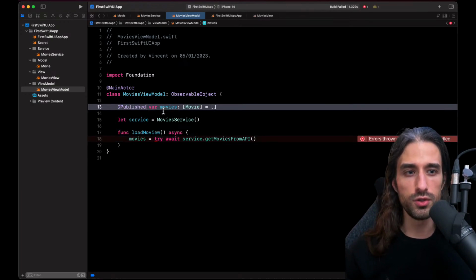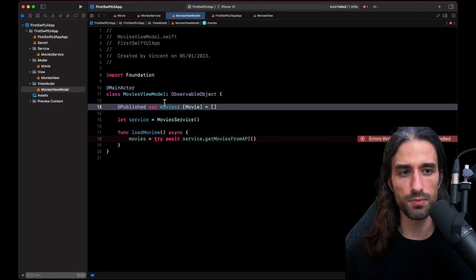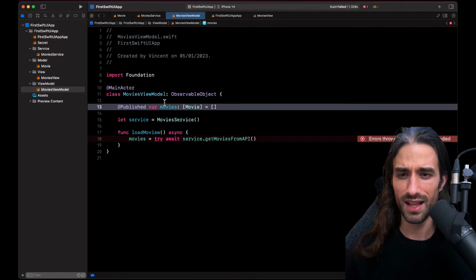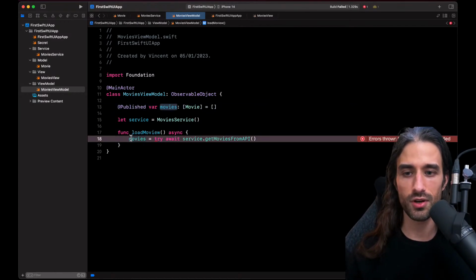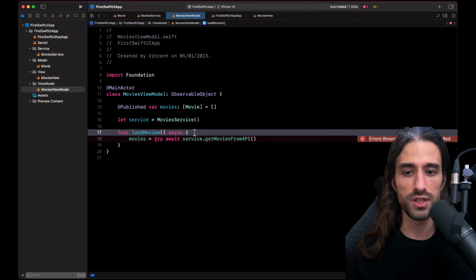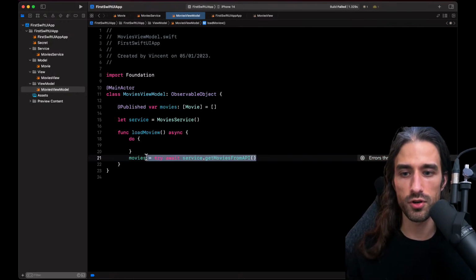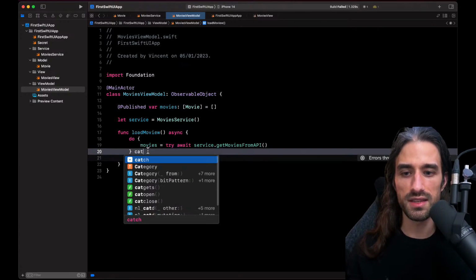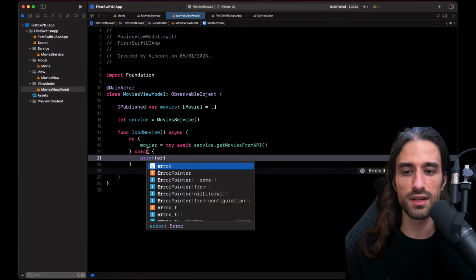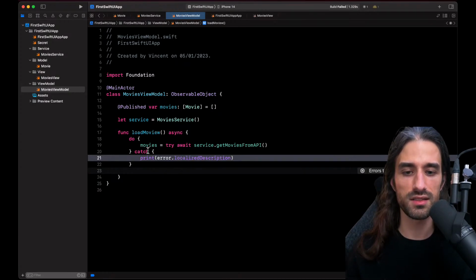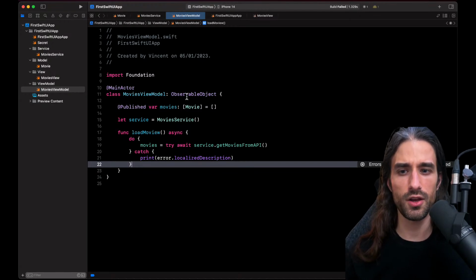When you set a new value to a property marked with @Published, it will let SwiftUI know that whatever view is listening, is using this view model, needs to have its body recomputed and have the new body compared with the previous one in order to know whether or not the UI needs to be updated. Okay, so we can store the array of movies. Of course, we need to deal with the error. So what I'm going to do is, just like before, if there is an error, just catch it and print it to the console. Maybe print its localized description. I will improve this a little bit later.